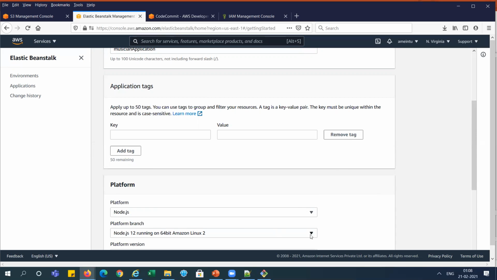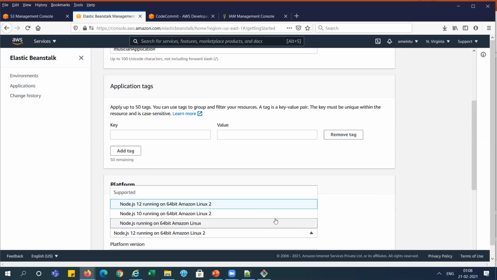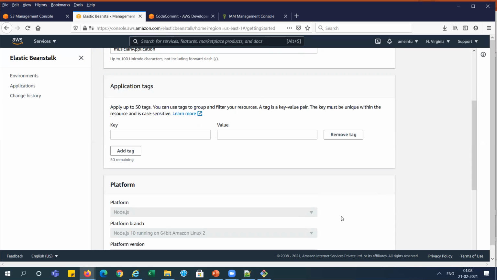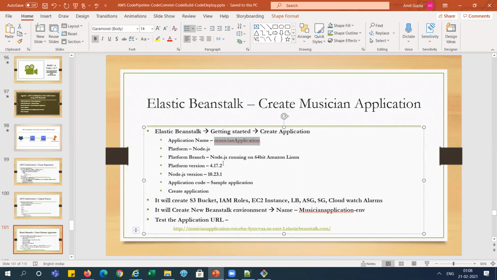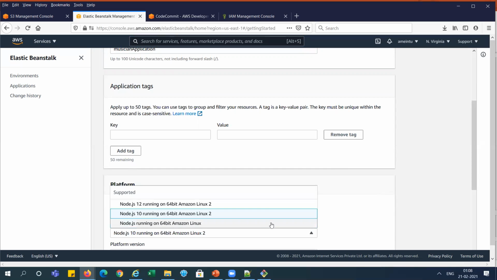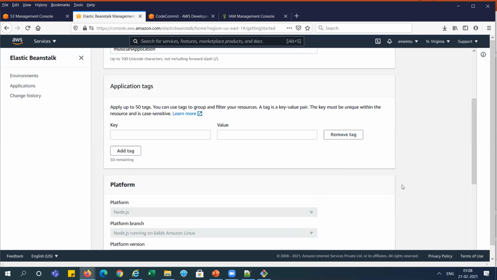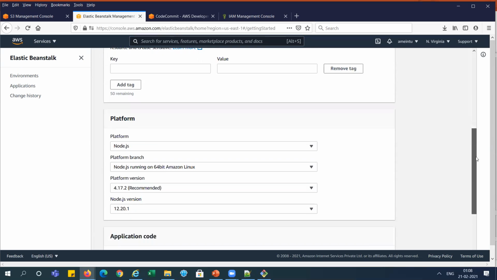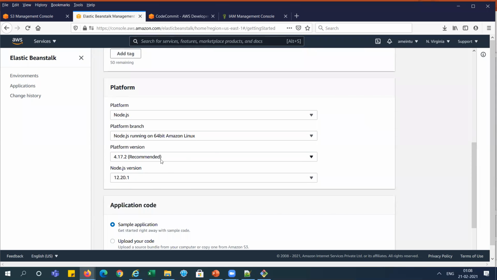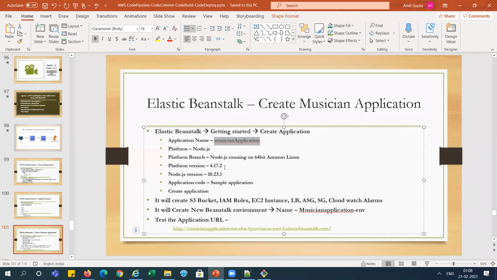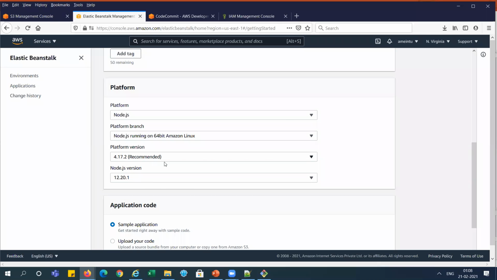And for the platform branch, you can select 12 or 10 versions, but I will select Node.js 10. Node.js running on 64-bit Amazon Linux, right? And platform version, you can see 4.17.2, yes, correct.